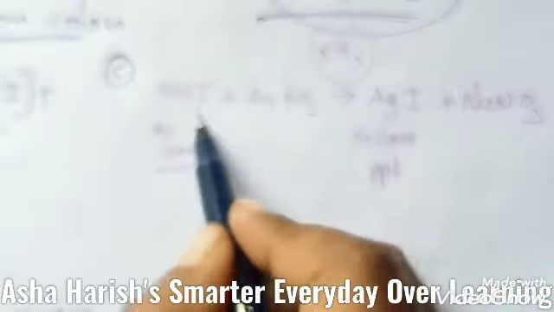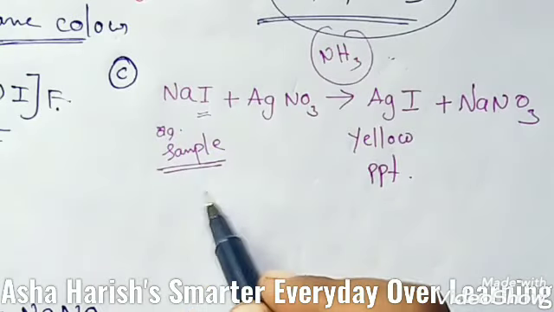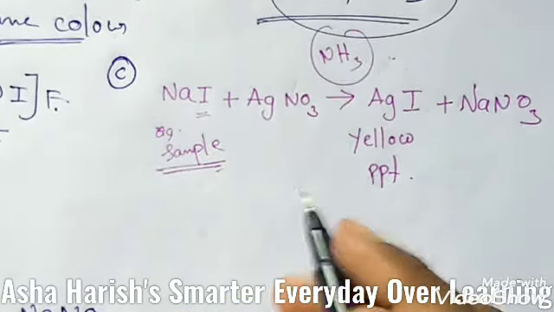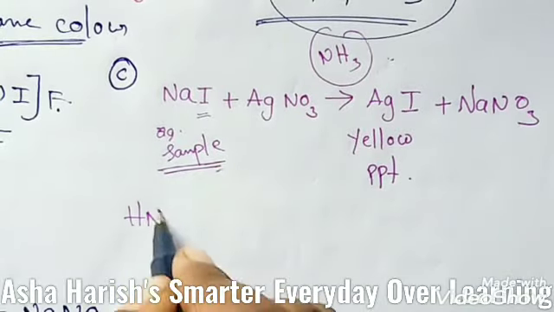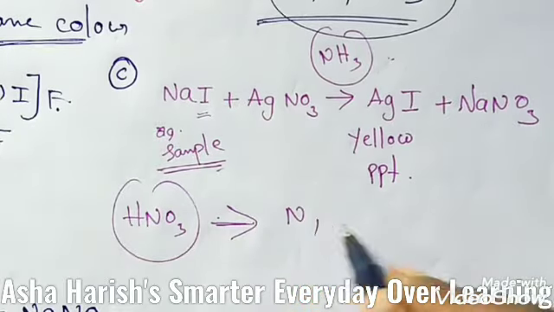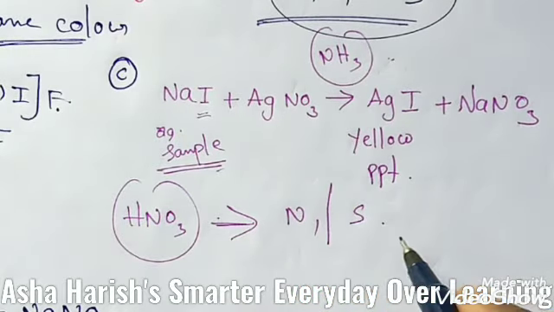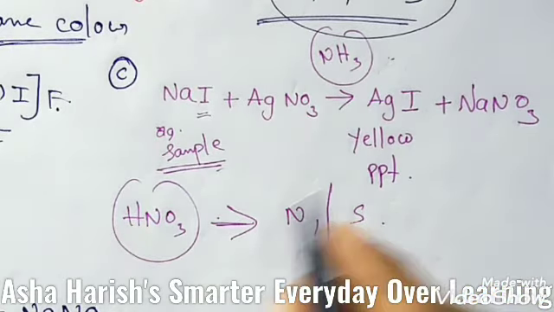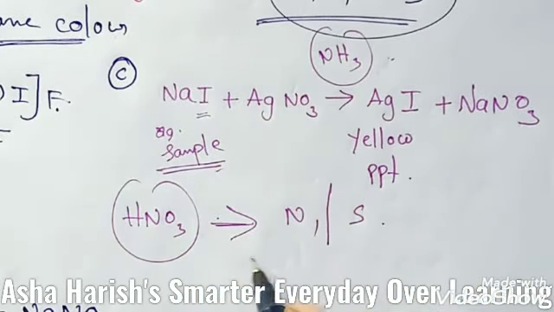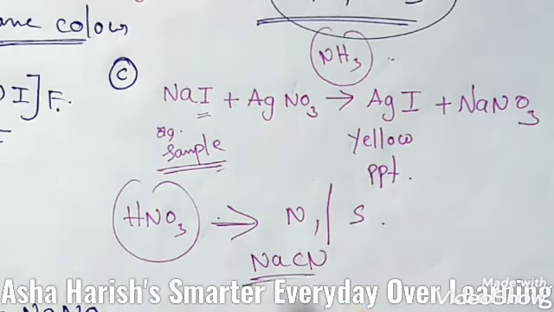This indicates the presence of iodine in the organic compound you have taken. Now let's see the function of nitric acid, HNO3, if the organic compound also contains nitrogen or sulfur. The Lassaigne extract, on boiling with dilute HNO3, decomposes sodium cyanide, NaCN,